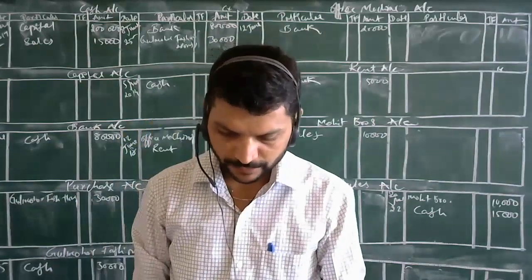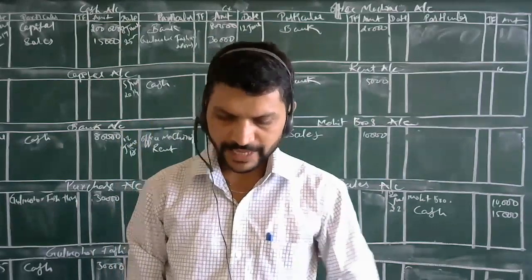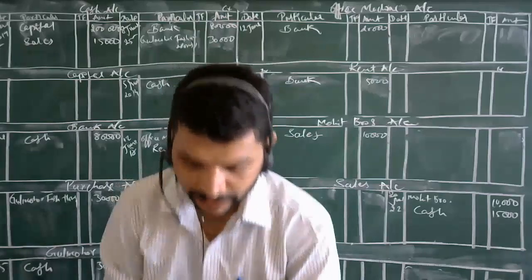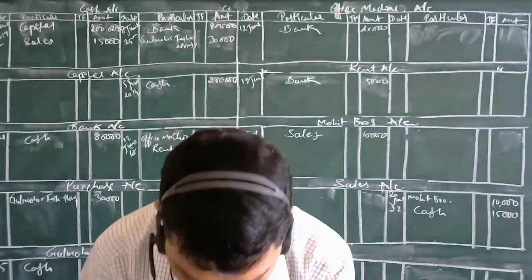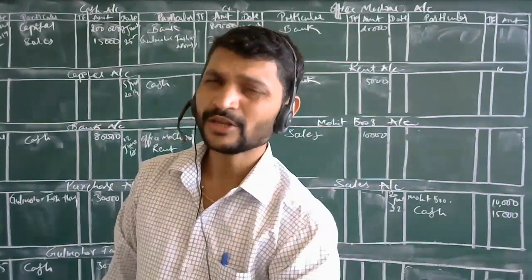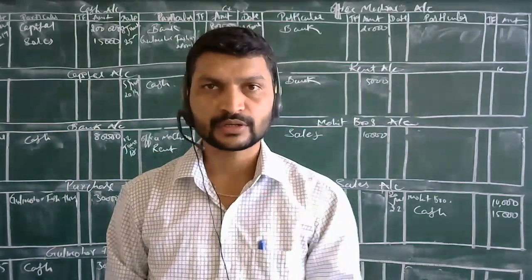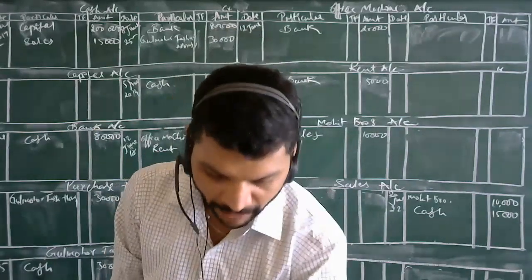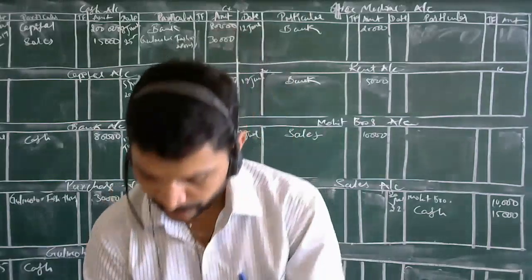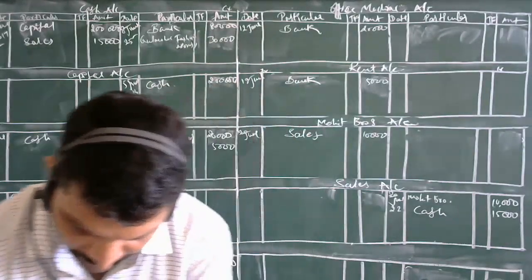Received a check from Mohit Brothers. Now what you had done, you had sold goods on credit, right? They have given a check. How much were the goods sold for? Sale of goods to Mohit Brothers was 10,000, on credit. Now they have given you a 10,000 rupees check. Then that is where the effect will be taken over here.